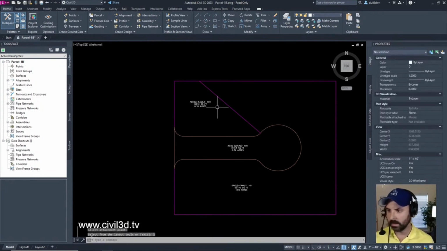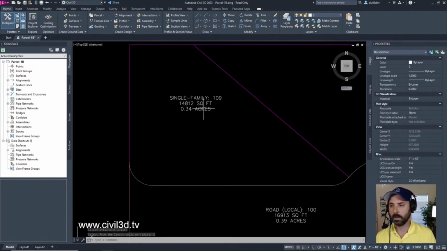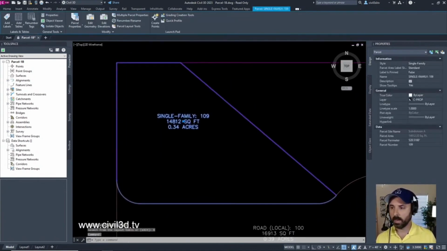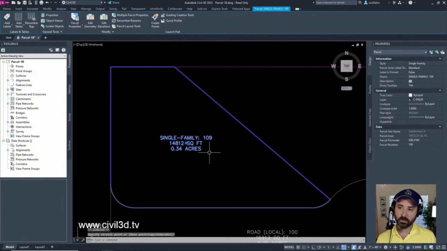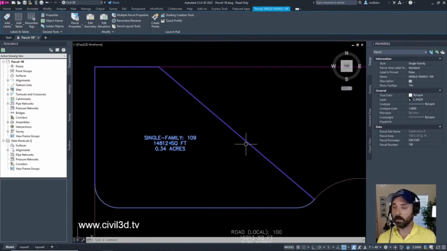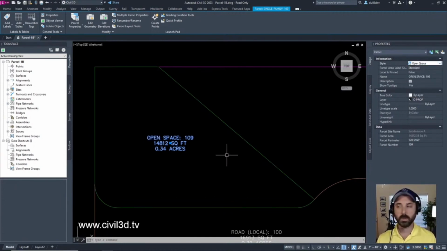Okay, we'll exit out of this. And so we've got our first parcel. We have this little label that pops up automatically that shows us the square footage and the acreages. And again, if this isn't a single family lot, you can change the style to open space, and it automatically names it open space.